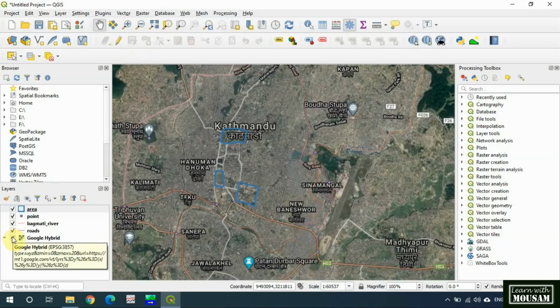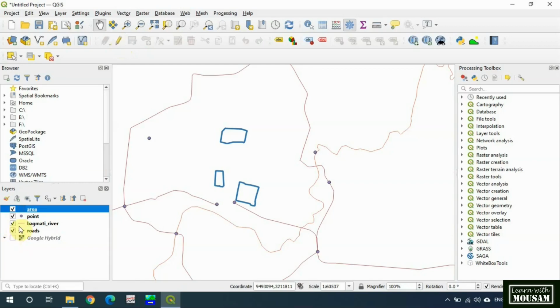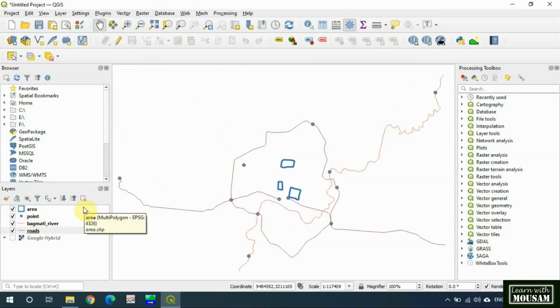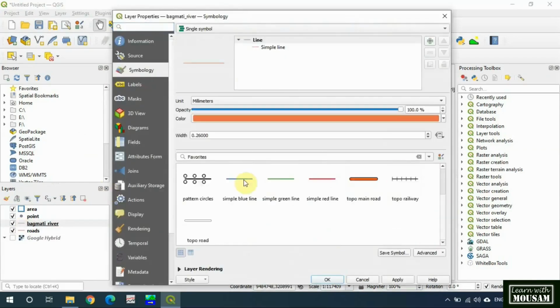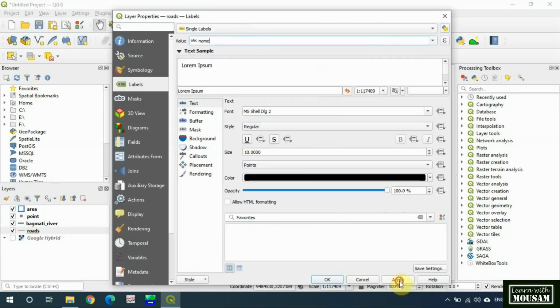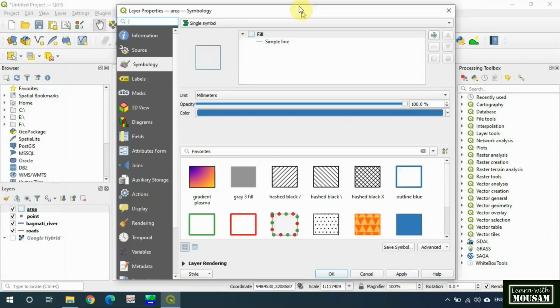Now turn off the Google satellite map, and you can change the symbology and label style by double clicking on symbols of that shapefile in the layer panel to make your map attractive.